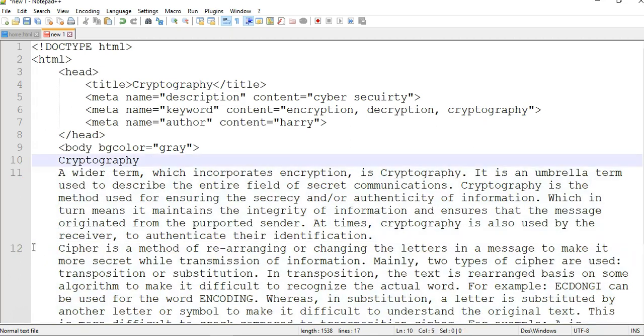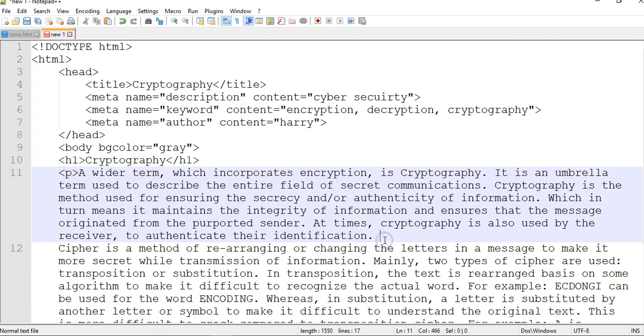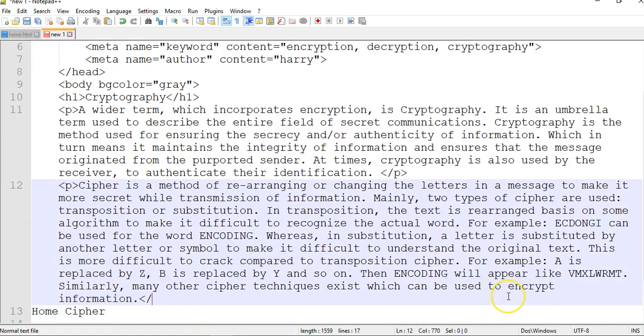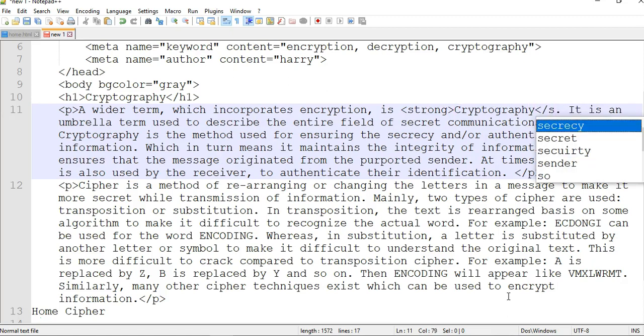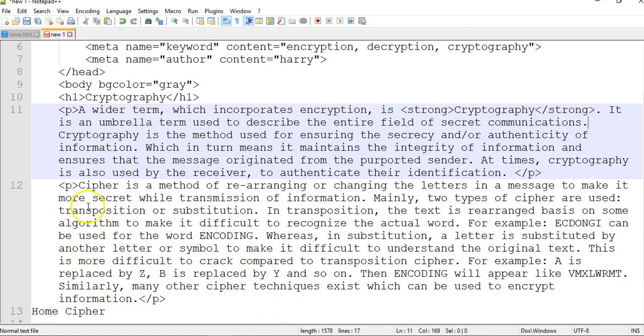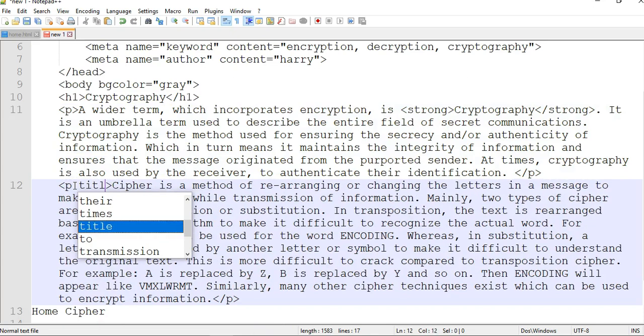Again, cryptography needs to be a heading, and then we start with the paragraph tag, end paragraph here, again start a paragraph, end the paragraph tag. Next, I want to make cryptography strong. This is another tag that you can use for formatting, which is similar to bold but in a different format. Next, I will go here and specify title equal to